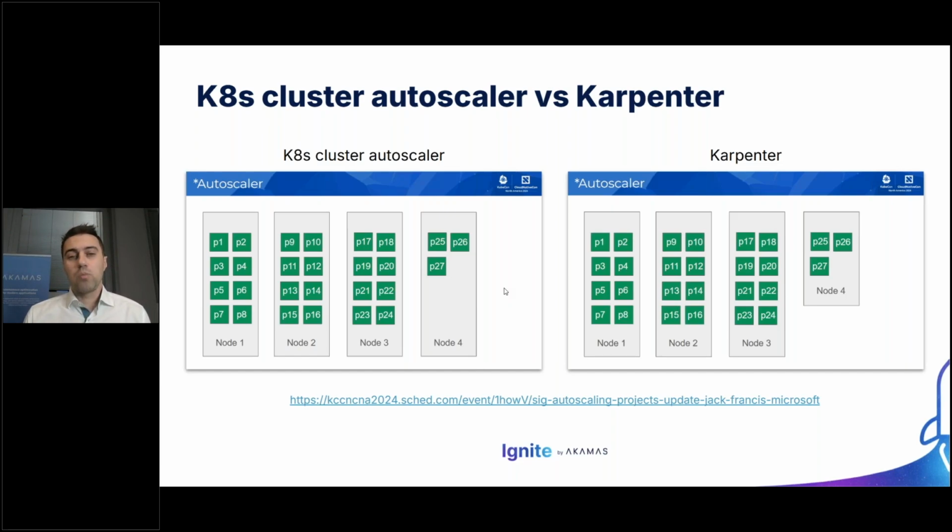Well, Karpenter is usually smarter than the Kubernetes cluster autoscaler, because the promise of Karpenter is not only to deal with the creation of new nodes if needed to run your pods, but also to identify a cheap solution to allocate a new node. So when you activate Karpenter in your Kubernetes cluster, you expect it to automatically identify the best solution for the node that you are allocating. But the reality also for Karpenter